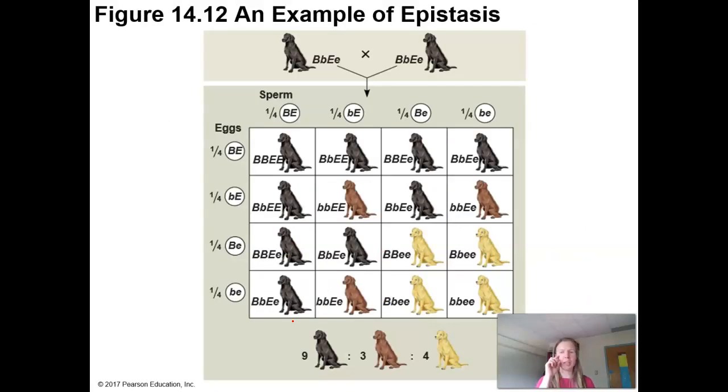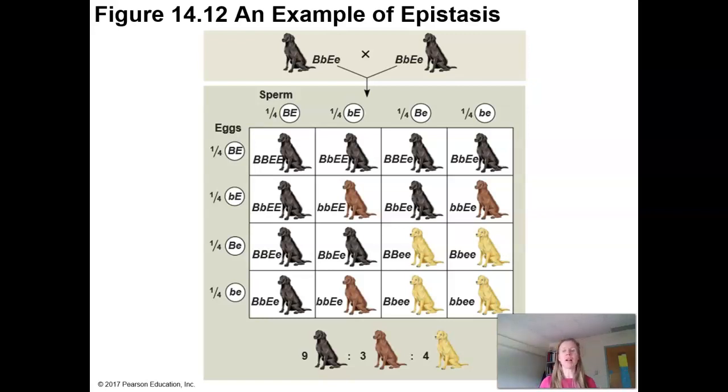You also run into situations, this is called epistasis, where one gene affects the phenotype of another due to the interaction of the gene products, right? Here we're looking at the colors of these Labrador retrievers. How do I say this? Expression of the gene at one locus, at one spot on the DNA, is actually altering the phenotypic expression of a gene at a second location, right? So here's an example of this.